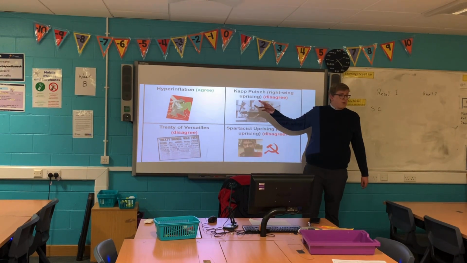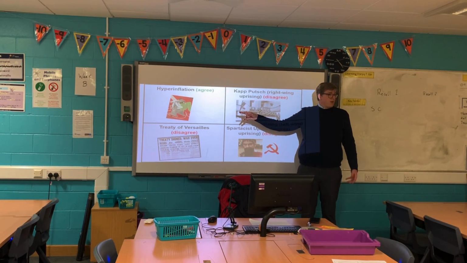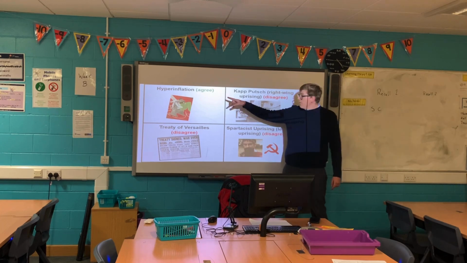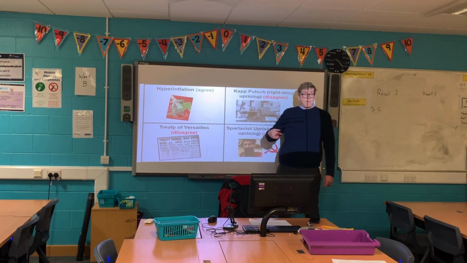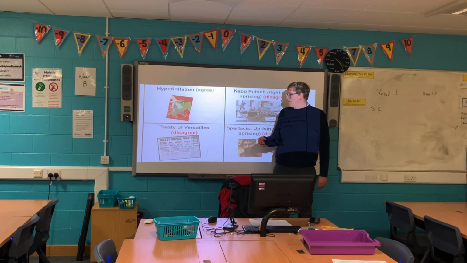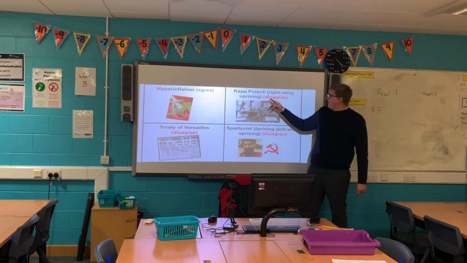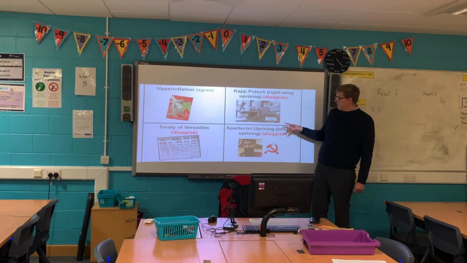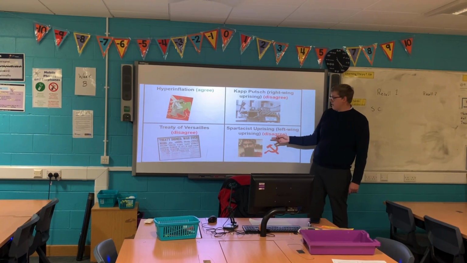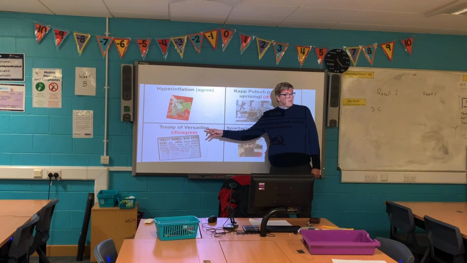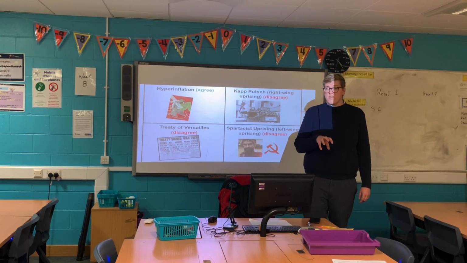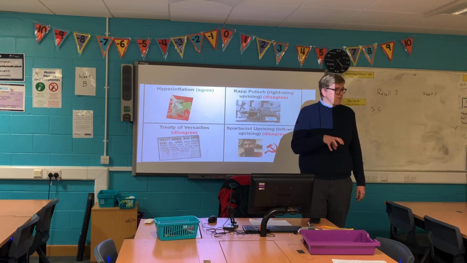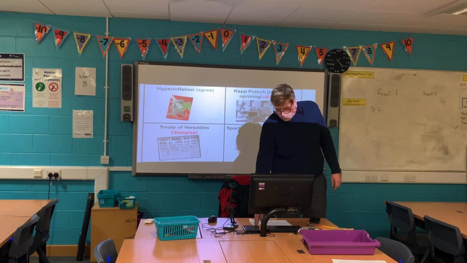So in terms of our crib sheet, these were the ones that I've zeroed in on for you and what will help you in this lesson. The first one is hyperinflation, and for interpretation 2, that would be I agree to hyperinflation. And then you've got 3 others, the Kapp Putsch, which should be part of your disagree, the Spartacist uprising, disagree, and then the Treaty of Versailles, which is a disagree. These are going to be the focuses, or the foci, sorry, of the 16-mark question.